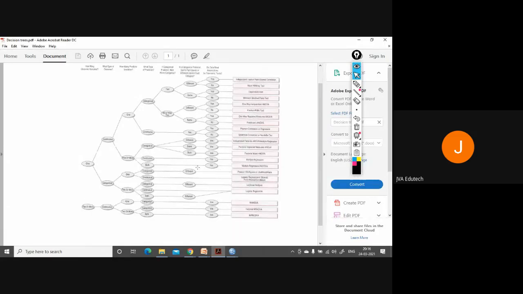So if you have one outcome variable which is continuous in nature, then you have two or more predictor variables.